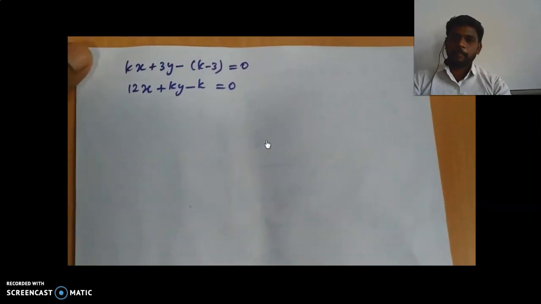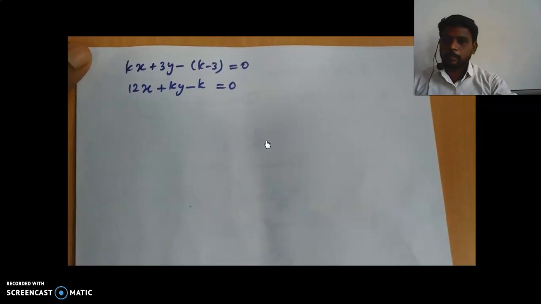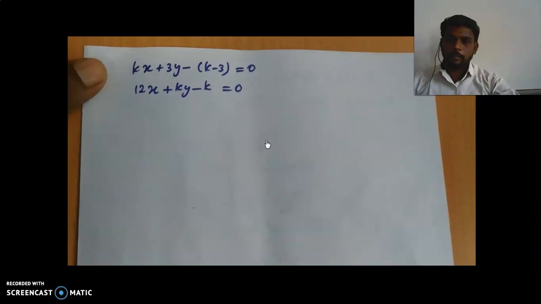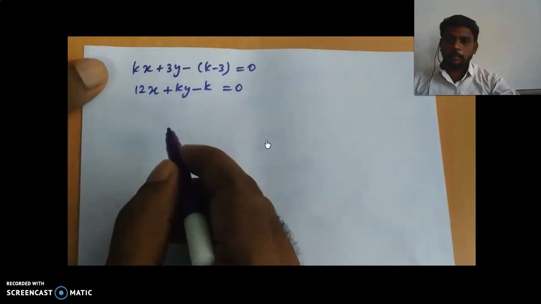Right, so here a pair of linear equations is given. Some of the coefficients are unknown, that is the k value. We are going to find that k value. And what is the given condition? The given pair of linear equations has infinitely many solutions. So what is the condition for infinitely many solutions? The condition is